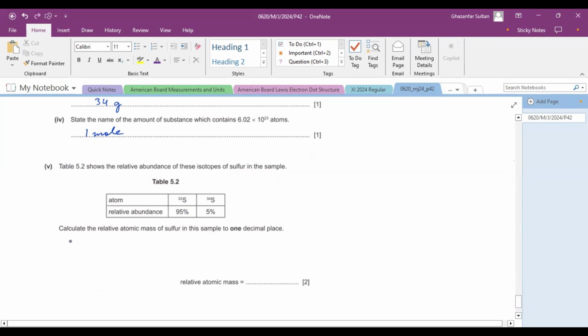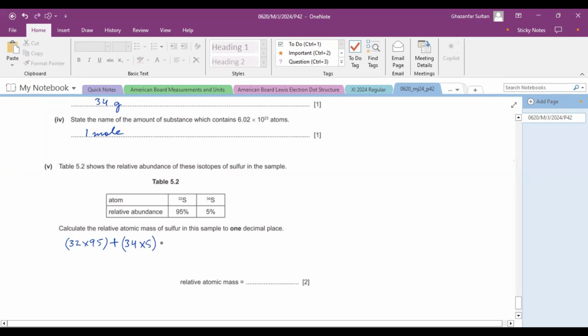So the simple way to determine the relative atomic mass is 32 times its natural abundance, that is 95, plus the other one is only 5%, while its atomic mass is 34. So 34 times 5